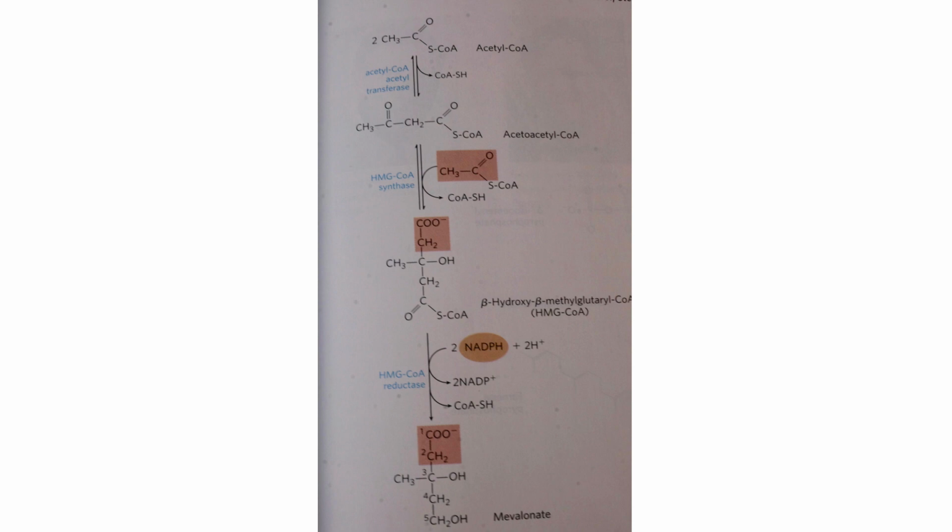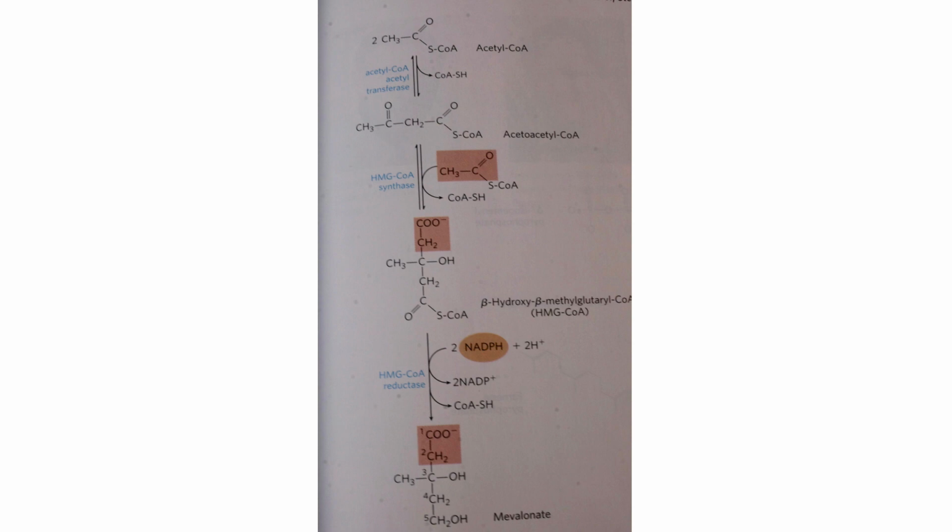If you look at it more closely, you have 2 acyl-CoAs. There is an acyl-CoA acetyltransferase with liberation of CoA. Here you get 2 of these cleaved together as acetyl-CoA, acetoacetyl-CoA. Then another CoA molecule is added to this. It combines at this point right here, this carbon, so you get this structure here, which is beta-hydroxy, beta-methylglutaryl CoA, or HMG CoA. Then you get a reduction with liberation of CoA, and you get from that